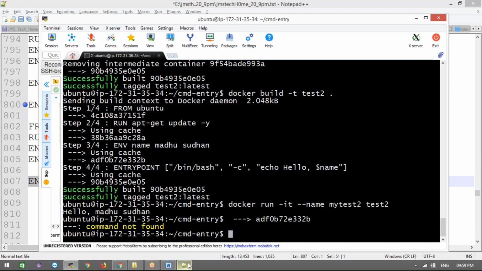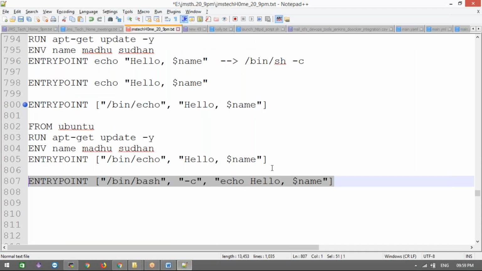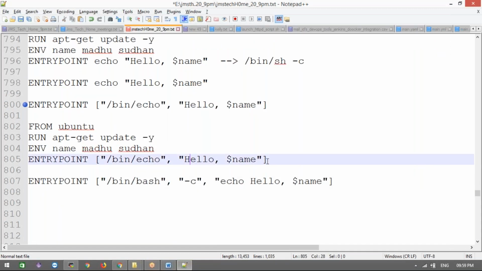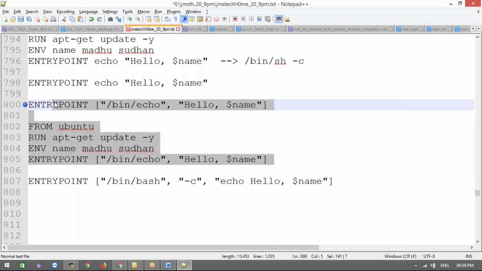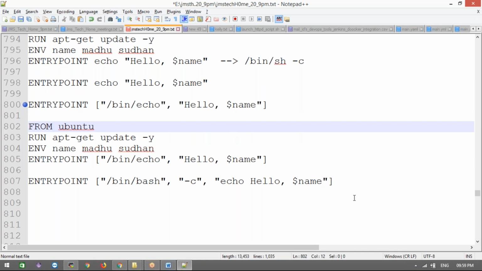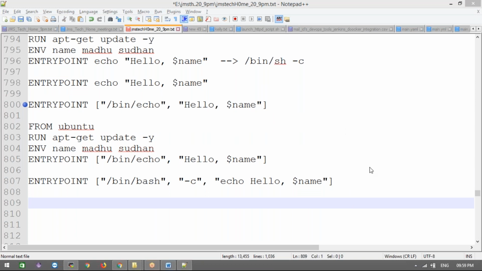Okay, clear now guys, what is the difference between shell form and exe form? Just this is the difference between the shell form and exe form, not yet for ENTRYPOINT and CMD and all. I'm just explaining exactly the difference between the shell form and exe form. I hope you guys are clear. Anyone confirm me? Then I will go on to discuss the CMD and ENTRYPOINT difference as well.